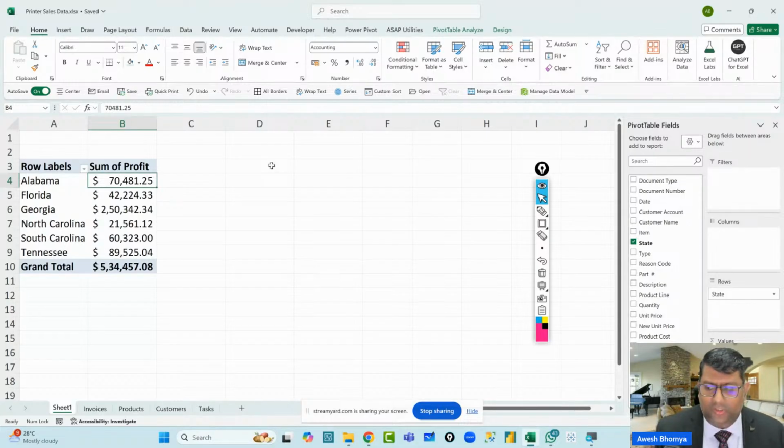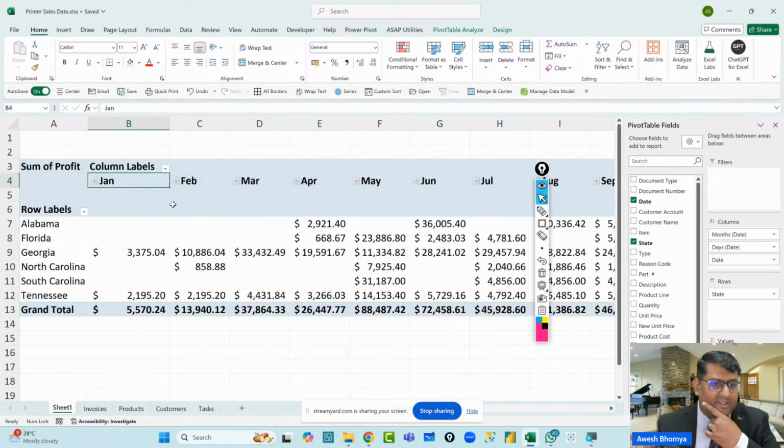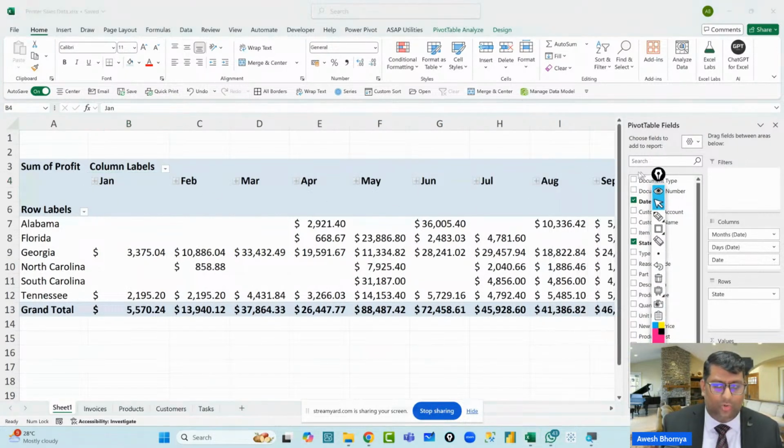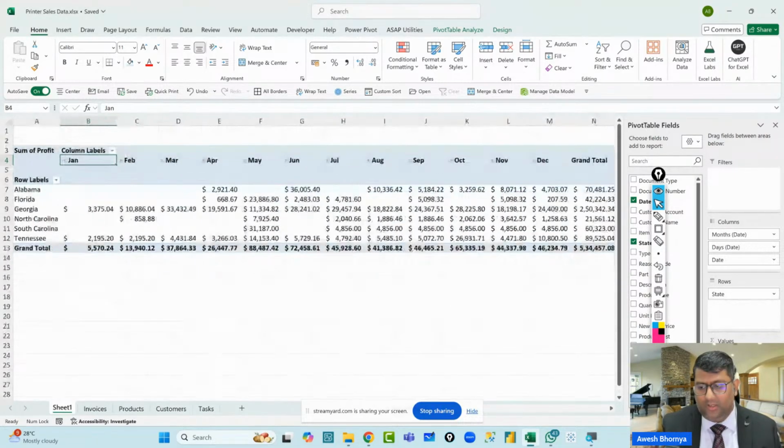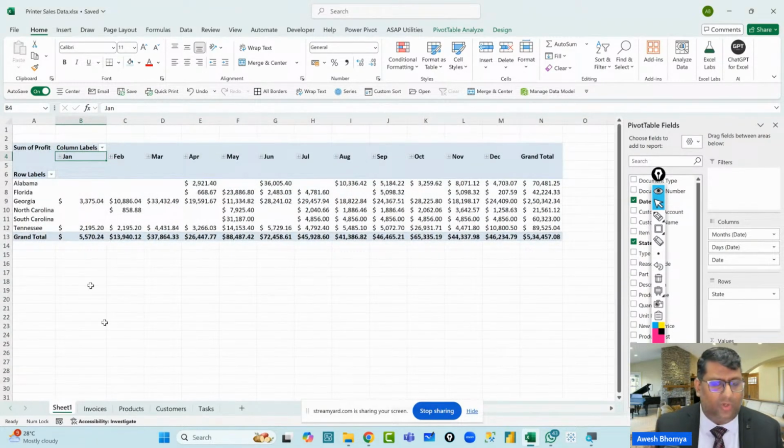Yeah, so you can see, I think we do not have any field that gives me the month data. So I have got a date column, which is in a date field. I can drag that field into the columns area. Now, when I do that, you can see that it's broken down by Jan, Feb, March, April, May, June, and you can see it's rolled up at that level. Let me just zoom out for you a little at 100%. So this is what we see in this particular situation, right?